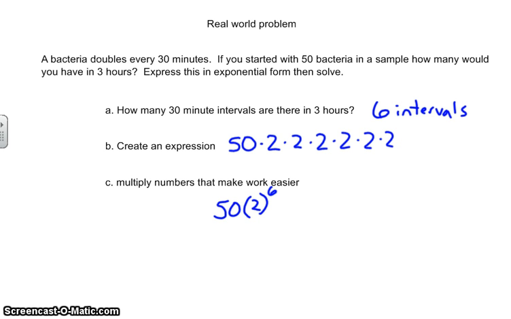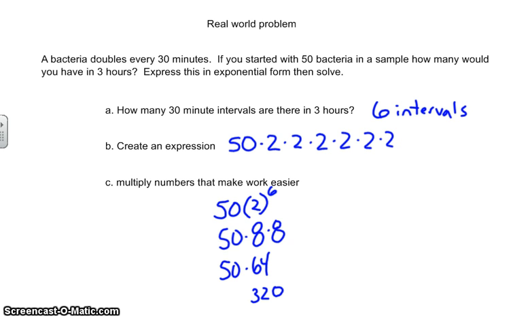I know that 2 to the 3rd power is 8. So I can say 2 to the 6th is 8 times 8, because that would be 2 to the 3rd times 2 to the 3rd. So I'll have 50 times 8 times 8. Well, 8 times 8 is 64, so let's keep going. 50 times 64. If I want to multiply that by 50 now, I can cut this in half to go